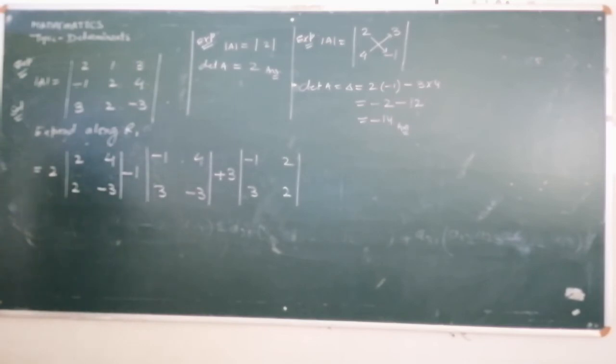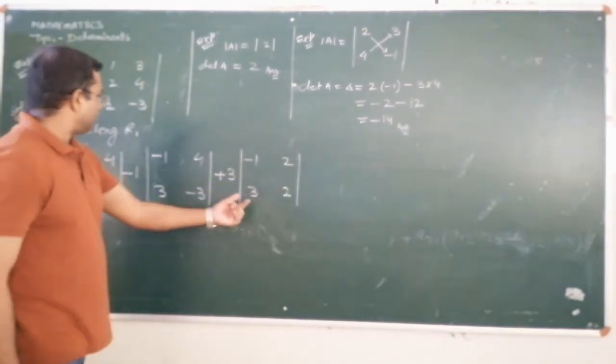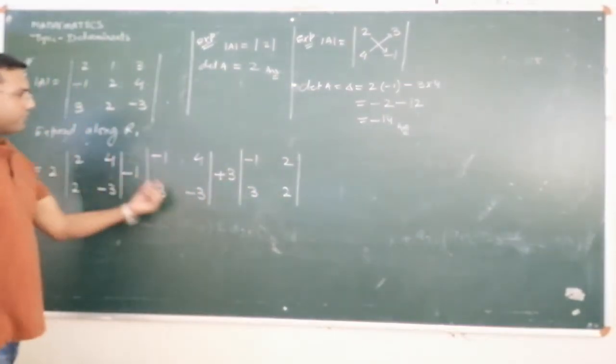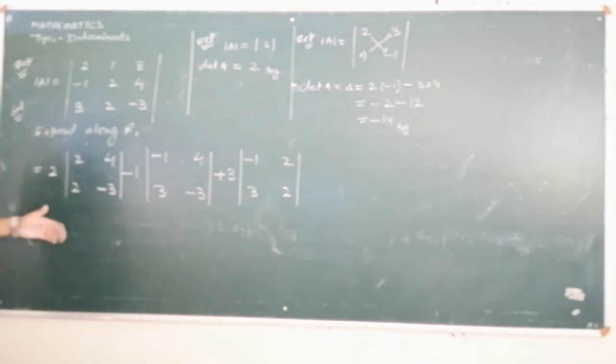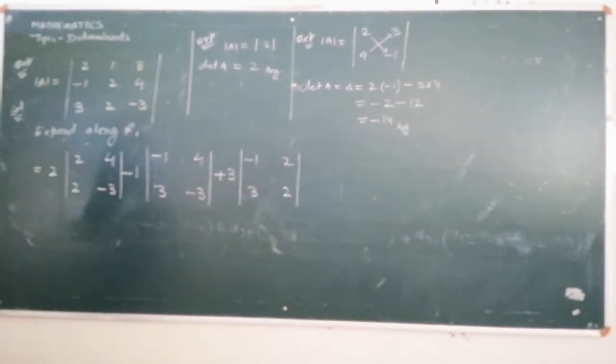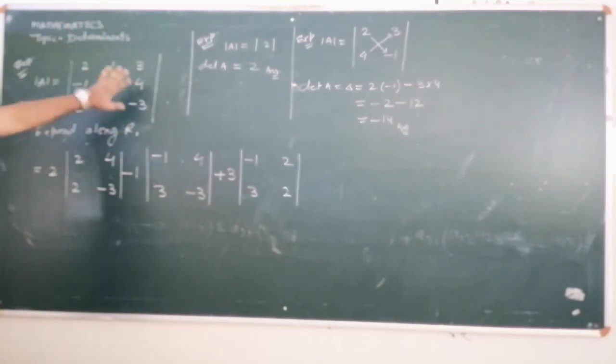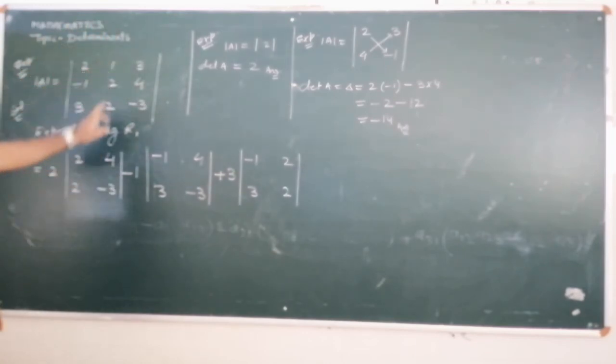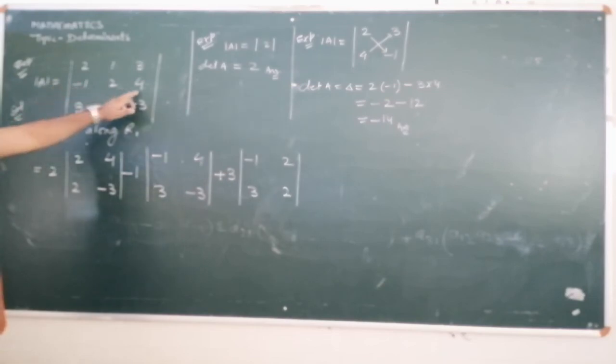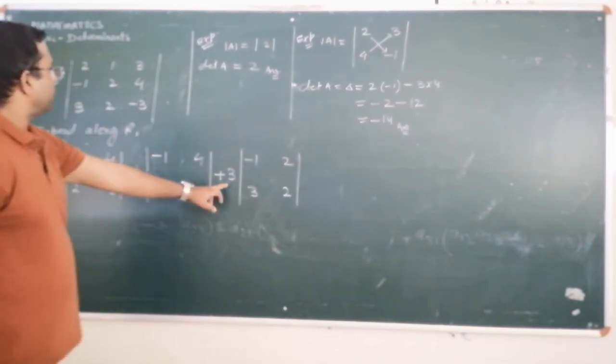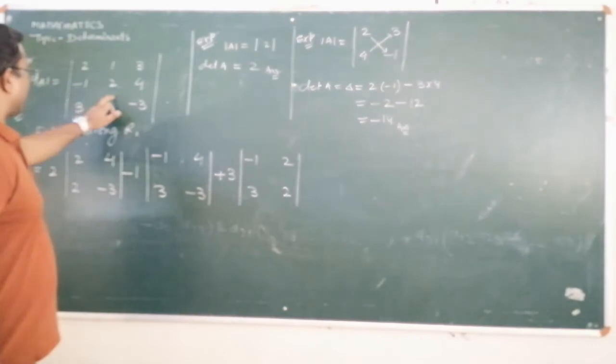Once you practice this again and again, you will be more habitual. Then you will not even write this in the form of a determinant. You will be able to do it more directly. So let us see. First of all, I am checking again whether I have done it correctly or not. 2 I have eliminated from here, so the remaining elements I have written here. The second element I have taken, then the remaining elements I have taken from here also. Then plus 3 I have taken, and I have also taken the remaining elements.